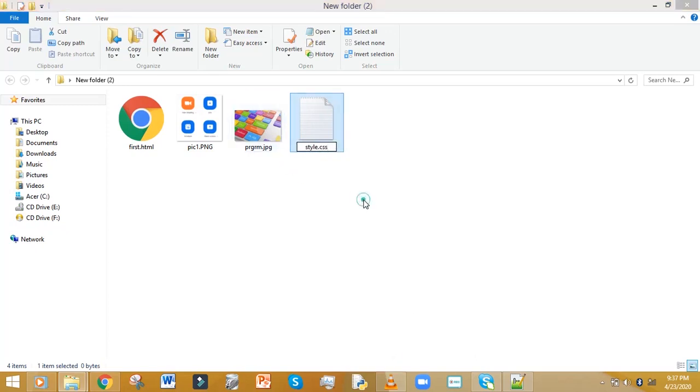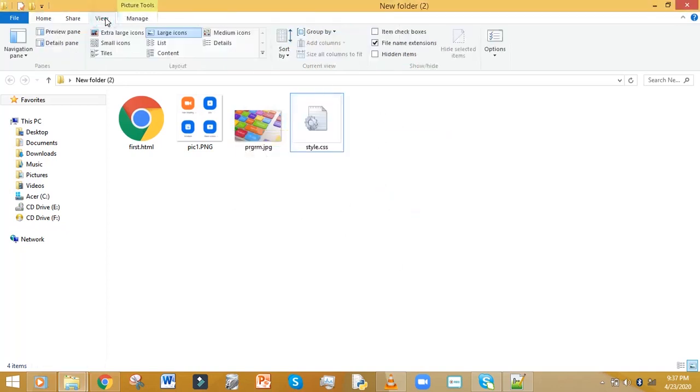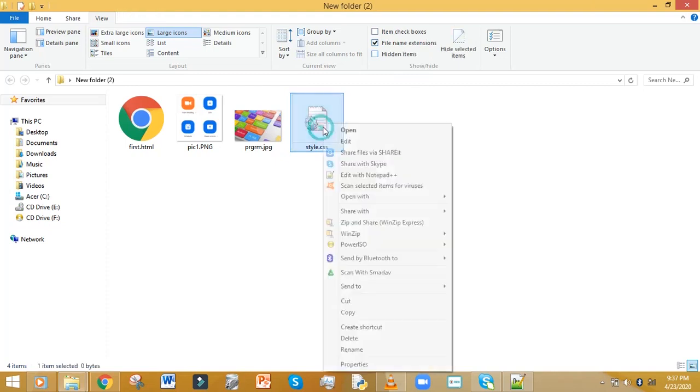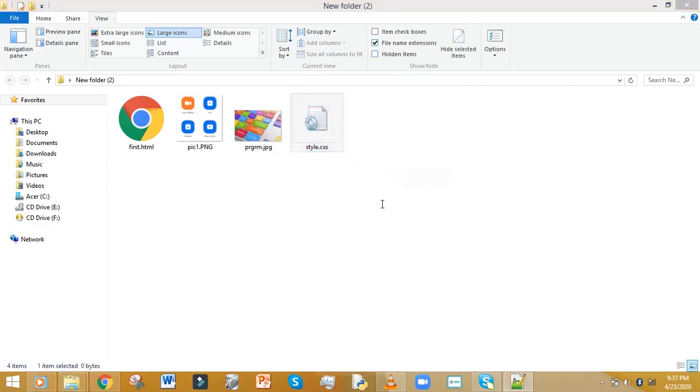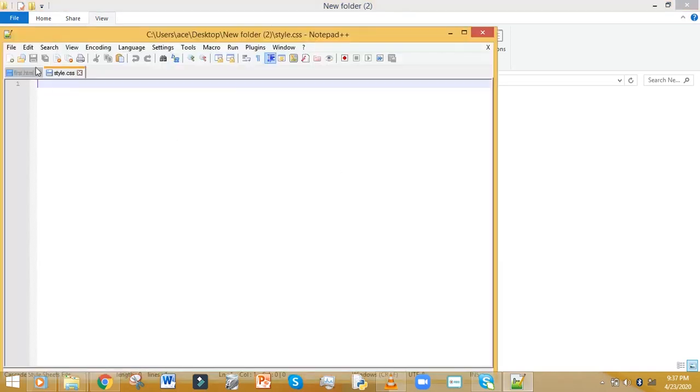If your computer is not showing your file extensions, you go to view and tick file name extensions. Now I open with a text editor. Okay, so this is my